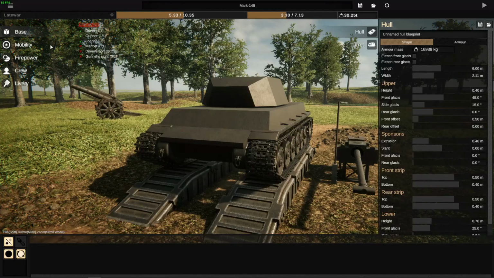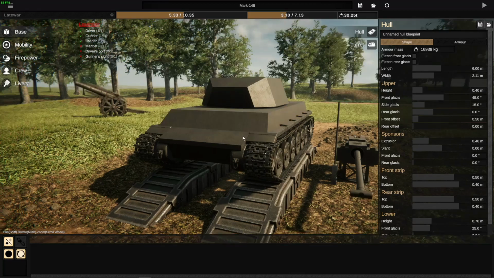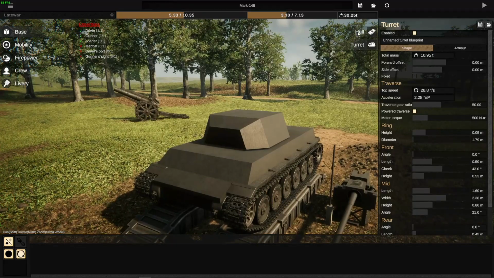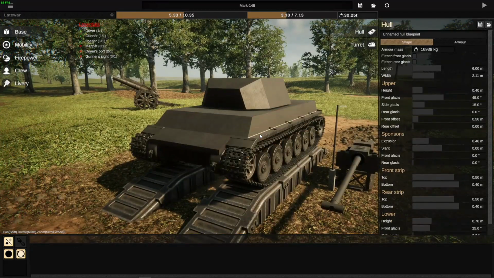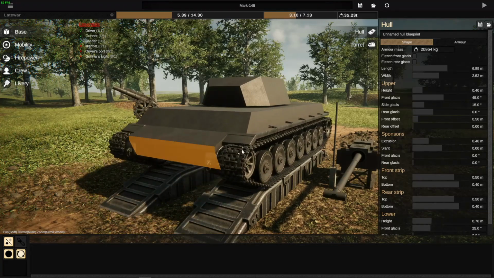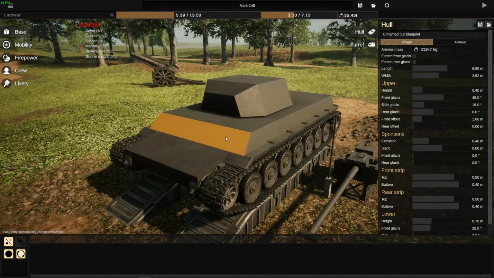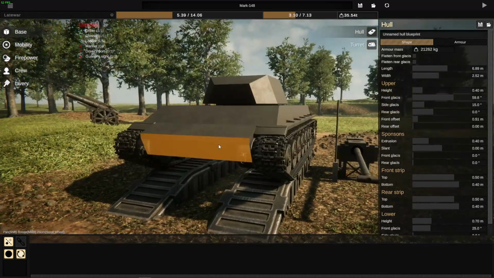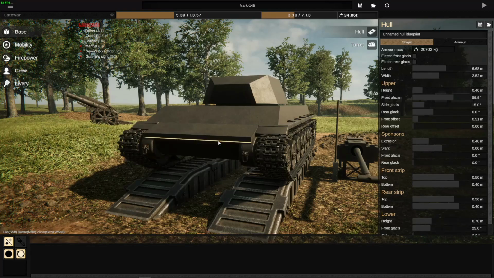So this is a guide to everything under the base section right here. Within the base you have nothing at the bottom, but you do have the hull and the turret options over here. When you select the hull, you can change the width by dragging here, length here. You can change the upper plate as well as the angle on it. You can change this mid-bar thing here,